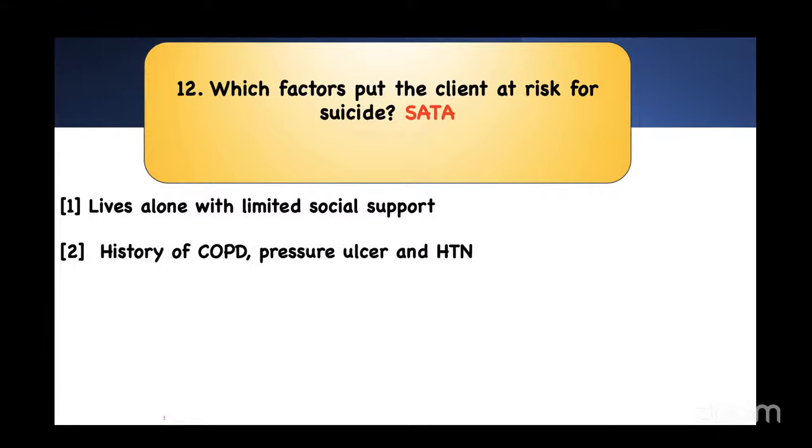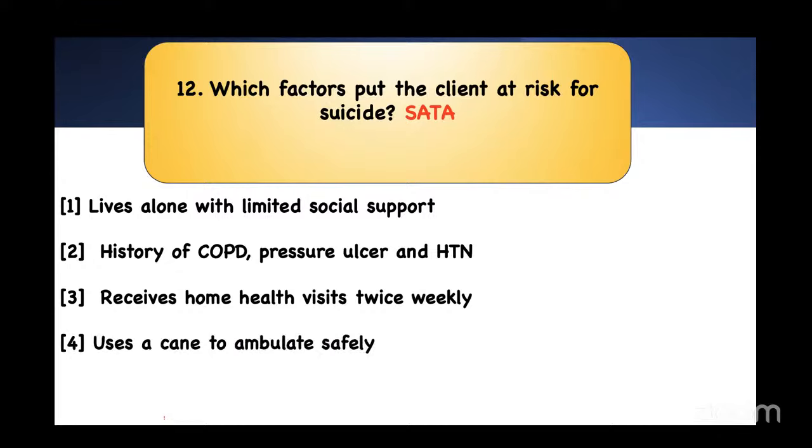Patient has a history of COPD, pressure ulcer, and hypertension. Does that put him at risk of suicide? He received home health visits twice weekly. Somebody comes there every 2 weeks, every week, twice a week. And he uses a cane to ambulate. So he uses the cane to walk. He's a deacon at the local church. What are the risk factors for suicide? What do you think? Fundamentals of nursing, questions and answers, using a case study practice question, using our content to